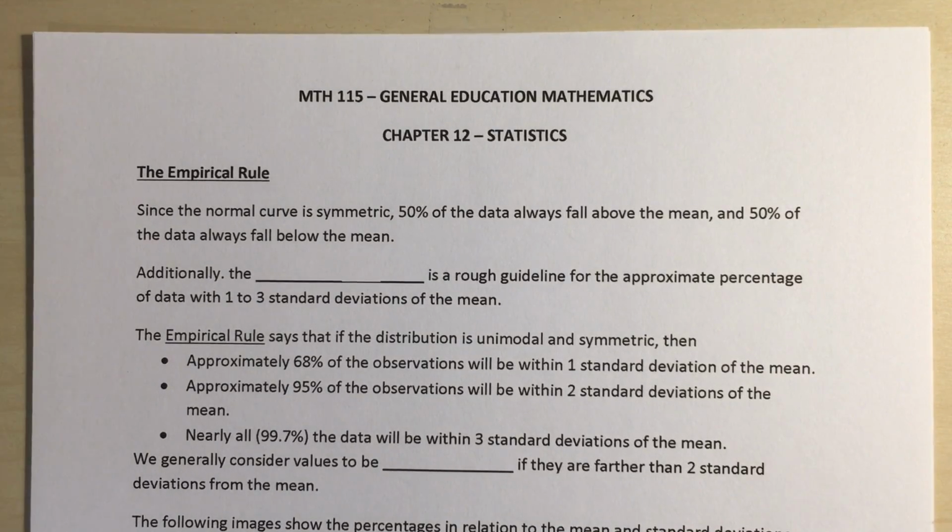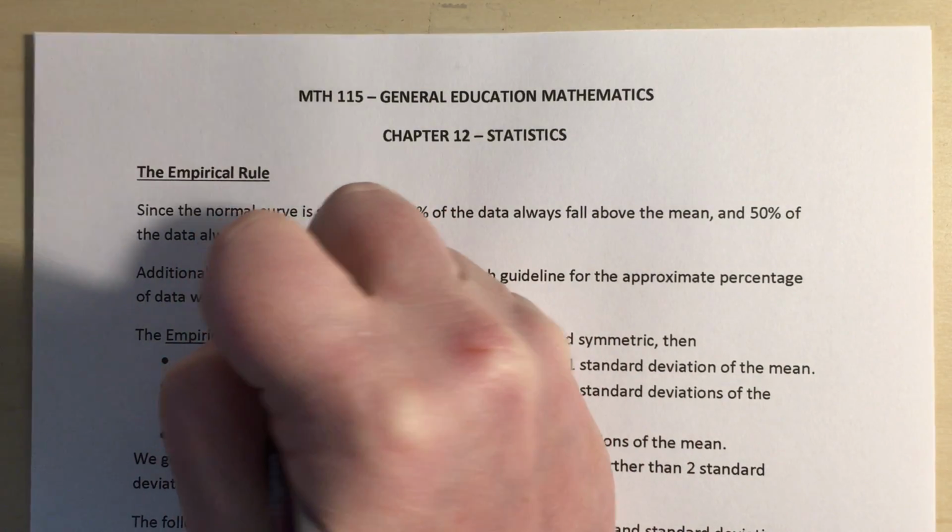Right, so what we're going to look at now is something called the empirical rule. Since the normal curve is symmetric, 50% of the data always fall above the mean and 50% of the data always fall below the mean. Since it's symmetric, our mean is right in the middle and it splits our curve 50-50. Additionally, the empirical rule